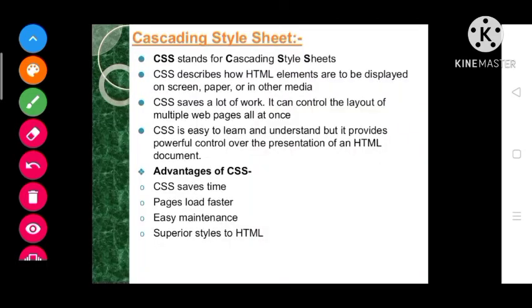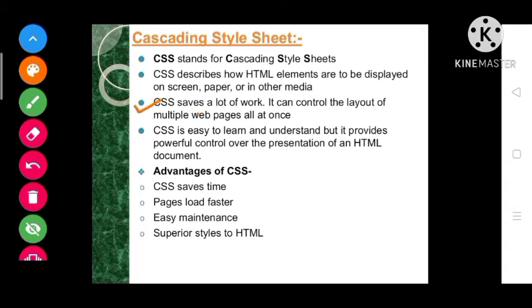So students, now I am going to explain what is cascading style sheet. CSS stands for cascading style sheet. Generally we use CSS to make our web page more attractive as well as easier to display. And CSS is a very important part of HTML.